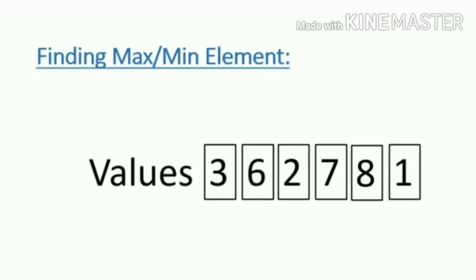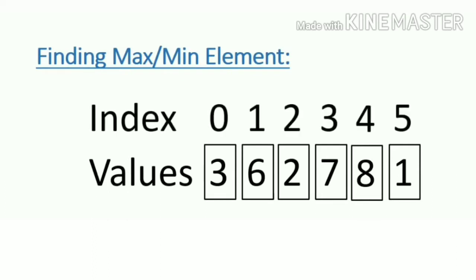So let's imagine I have a list here. It contains these numbers and I want to write an algorithm to find the maximum value. Whether you find the maximum or minimum, it actually is the same process. So we are going to talk about finding the maximum value. I can look at this very quickly and identify the maximum value of 8, but we want to imagine that if you have many elements, we can follow the process step by step and always be sure that we find the maximum value.